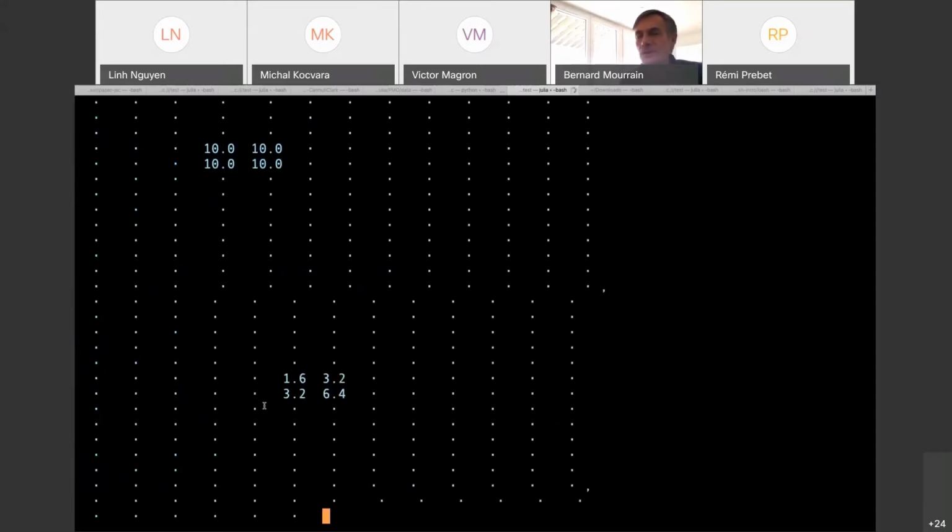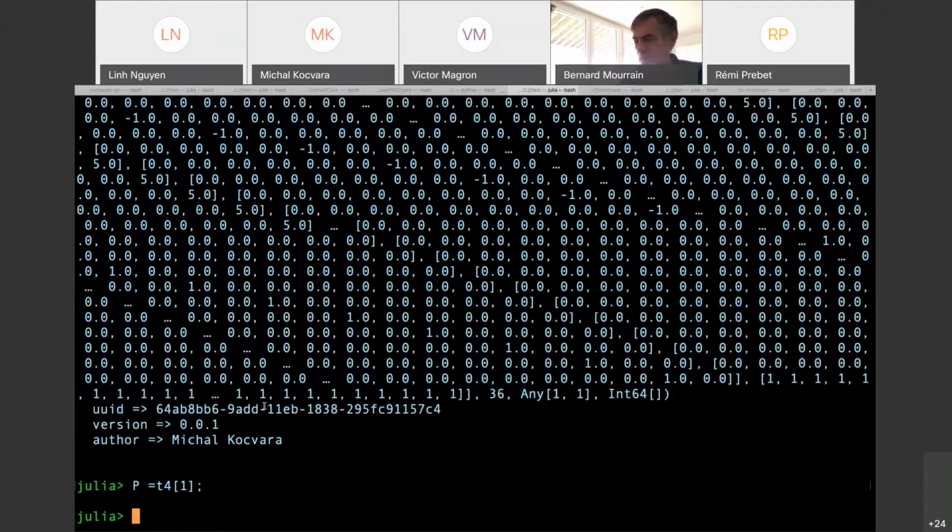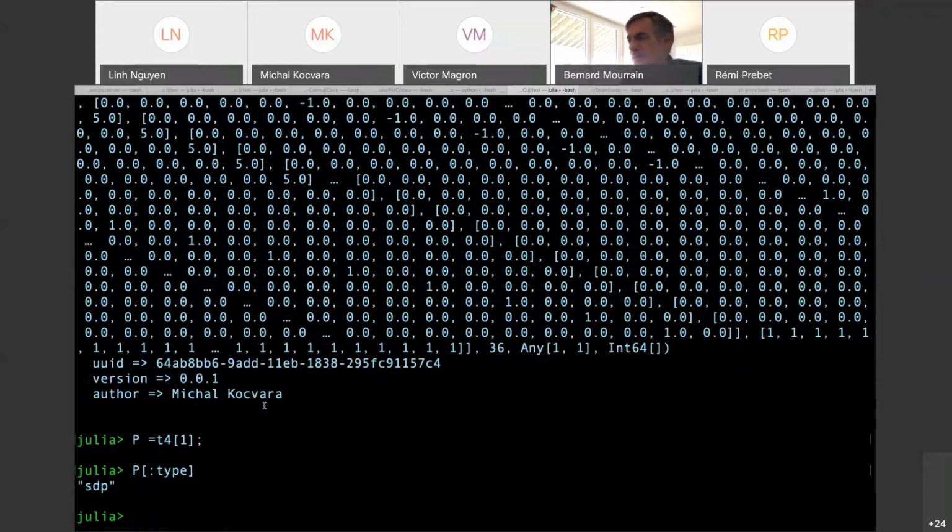So here we have an example of an SDP problem, and we can see what the type is. The type of this problem is SDP. I think there is some problem in your version here because it should not be the correct file.